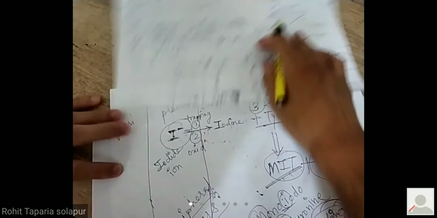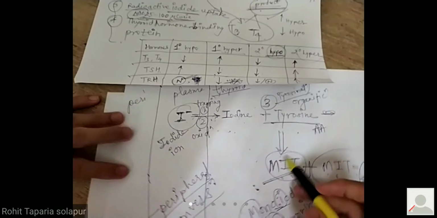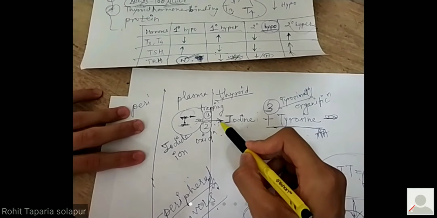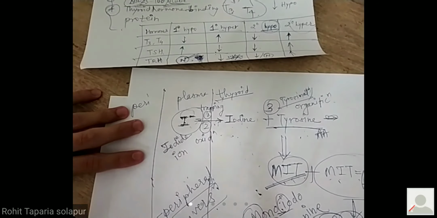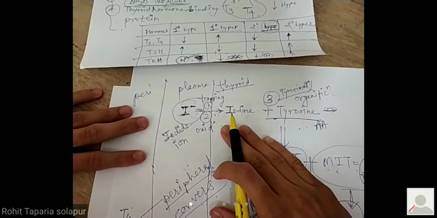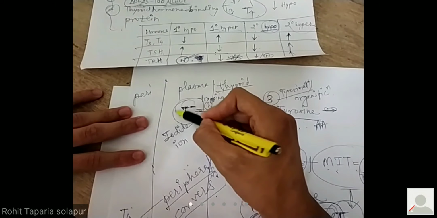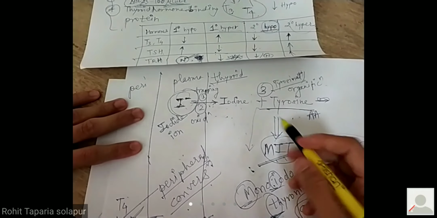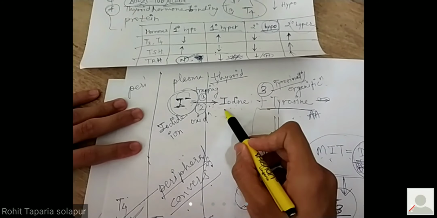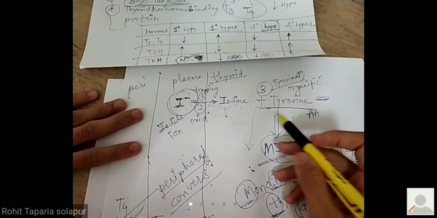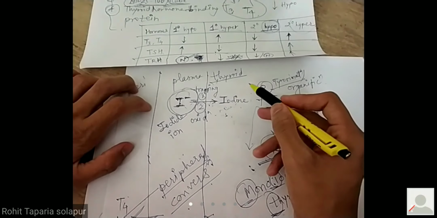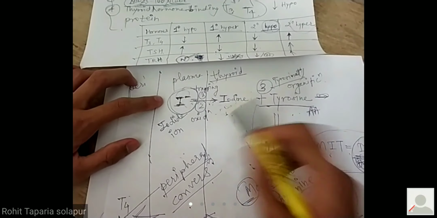Okay, what will happen if you give iodide ion and it is getting trapped? It means what? It means thyroid functioning is normal. If there is deficiency of iodine because of which this is not getting produced, when there is iodine deficiency it will lead to goiter. So iodine deficiency means thyroid functioning is not happening, and therefore it is goiter, which you have to treat.